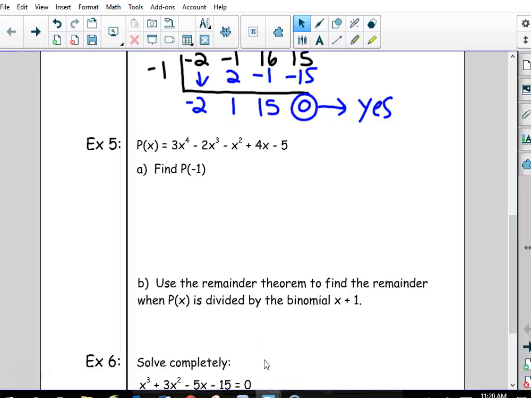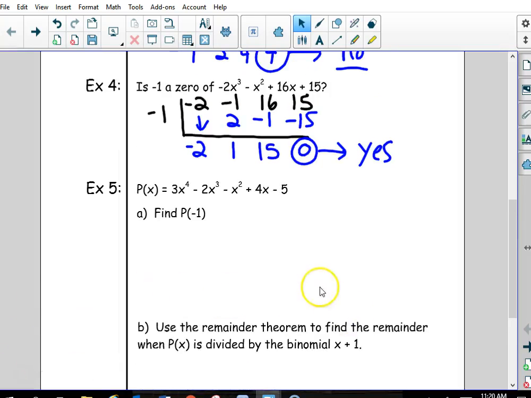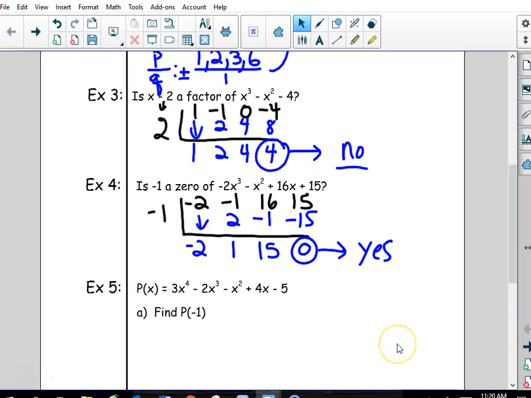I don't know if you remember, but an added benefit of synthetic division is that it allows you to evaluate a polynomial. So let's take a look at example 3. If we don't get a 0, what we did get out of this, by the way, is that if I plug a 2 into x to the third minus x squared minus 4, I'll get a 4. So it's a quick and easy way to do